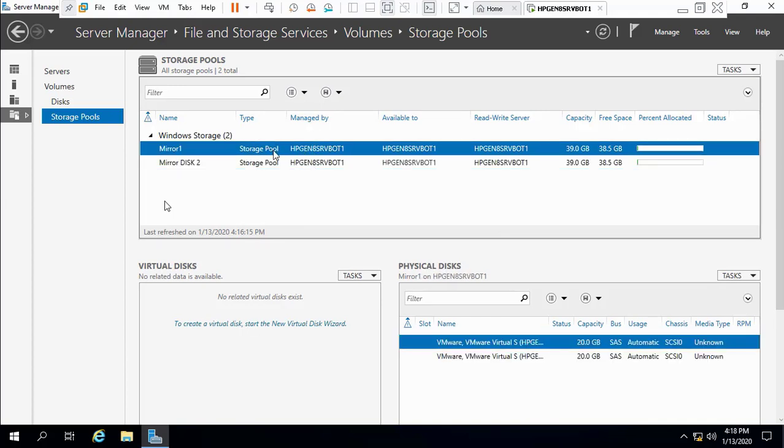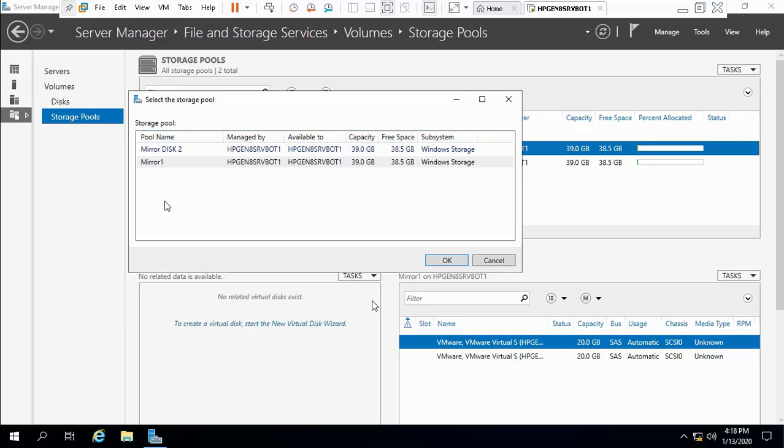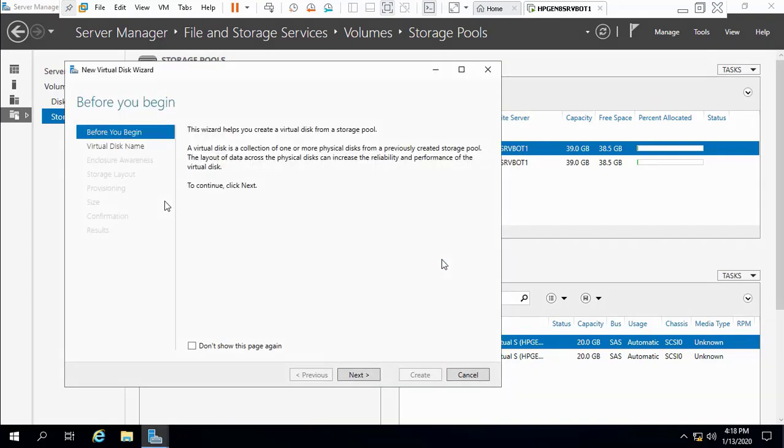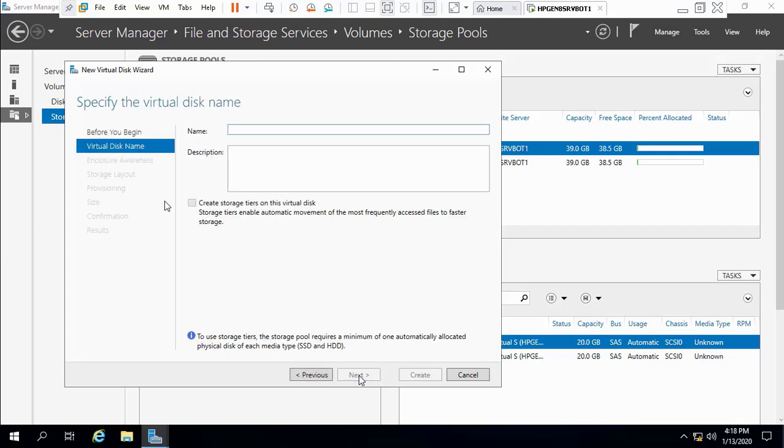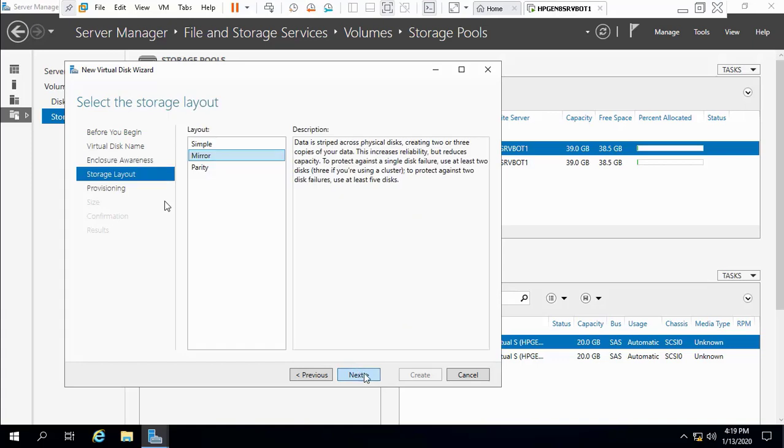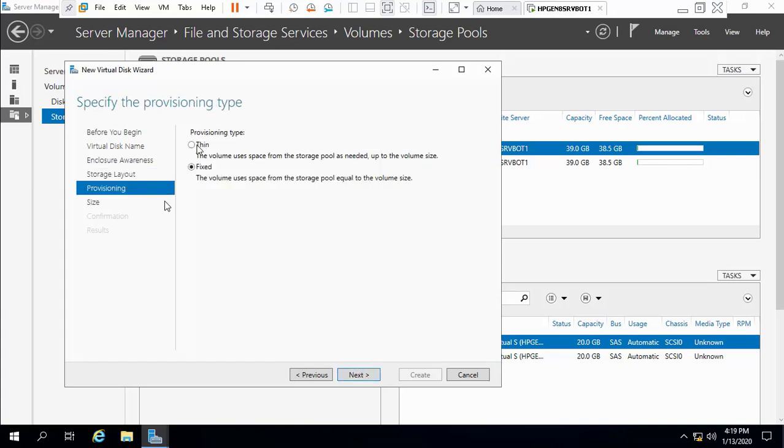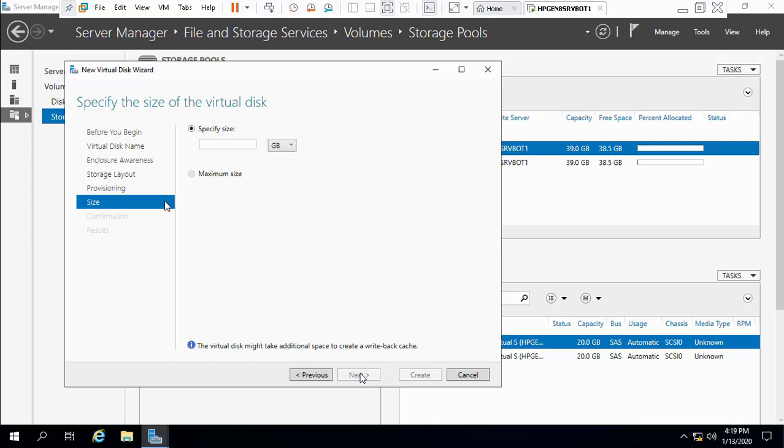We have 2 pools. Every pool contains 2 hard disks, total of 40 for each one of them. We will take the first pool, and then we will make a new virtual hard disk, which will be mirror, but first we will name it as mirror 1. Okay. Next, name it as mirror, and then we select thin, and then we will specify the space to be 20,